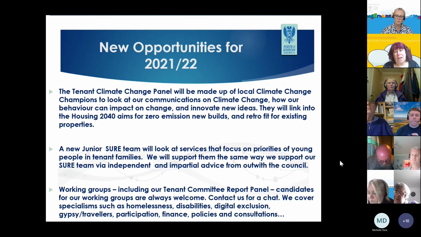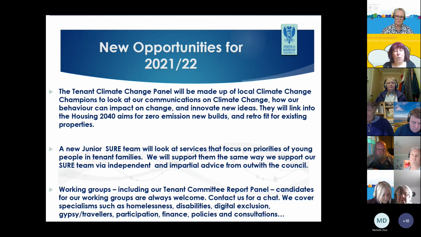And fuel poverty does obviously come into it, especially lately. It'll be things like how we communicate, little ways of saving money on energy. It's about how we communicate, how people can change their behaviours. We're all recycling now. I don't know about you lot, but if I so much as drop a plastic bottle in the wrong litter bin, I feel like I'm going to be struck down by lightning. So it goes on that we've all learned how to do these things, and we can carry on doing that.